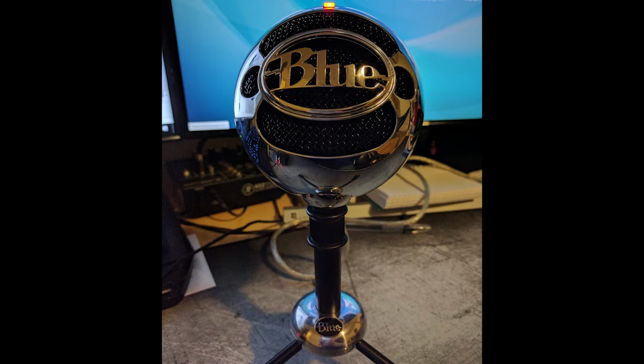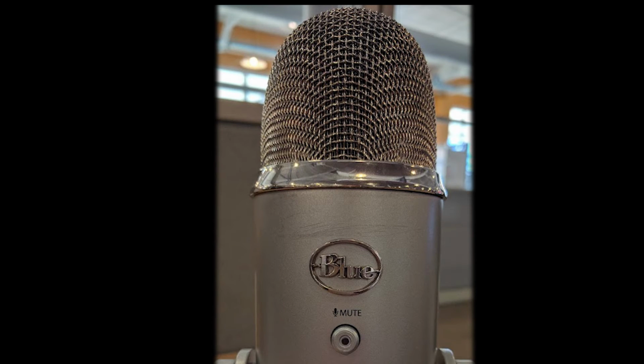This is just to see how all the microphones compare in the same setting. With the Blue Yeti, you can hear everything more clearly. The vocals have more pop, and you still hear some reflection. The hum of my computer in the background is also a lot more noticeable than with either the Blue Snowball